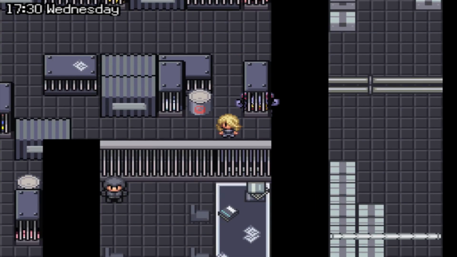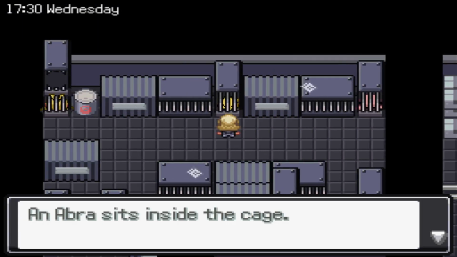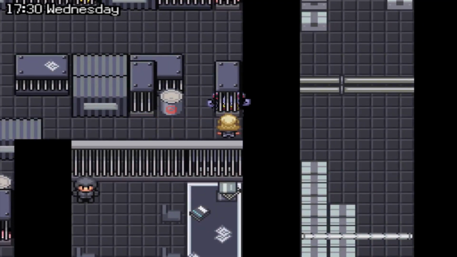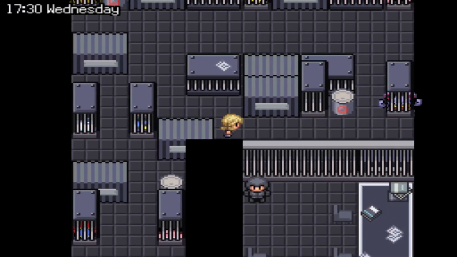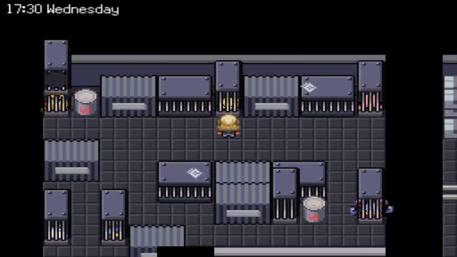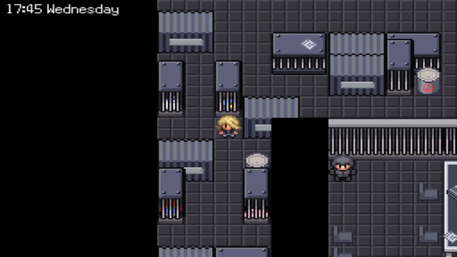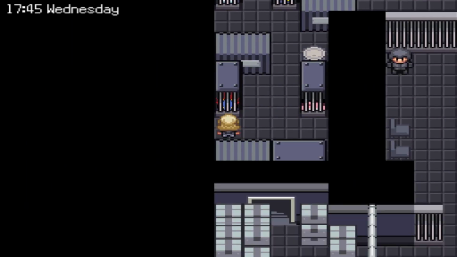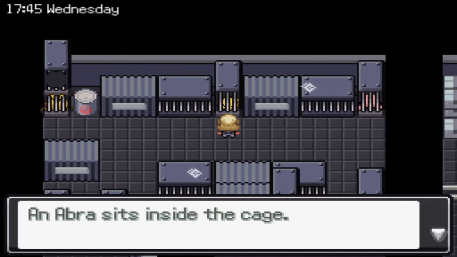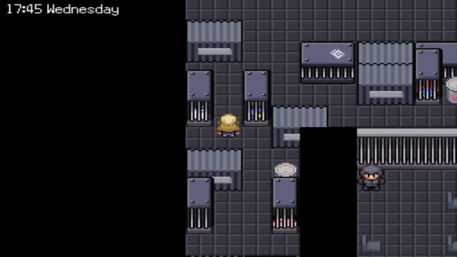Alright, so now it's actually time to solve this puzzle, and I actually need to get this Vanillite out of here. Do not belong there. So let's see. Make sure that the Abra is awake, and then I want to come down here, and I actually want to put this Cyndaquil. Oh, that's annoying. You want to make sure that you bond your mind with the Abra,